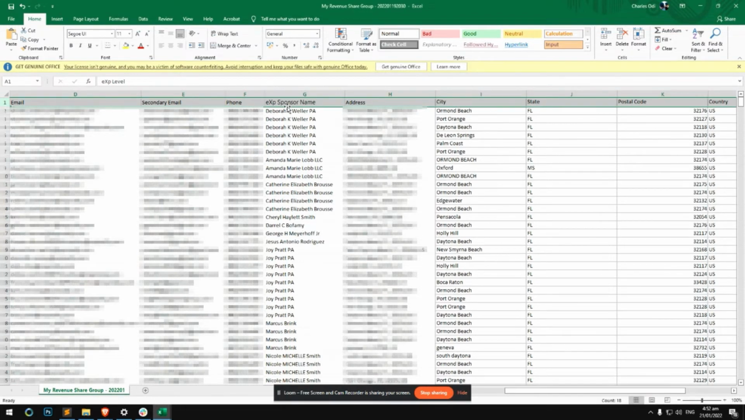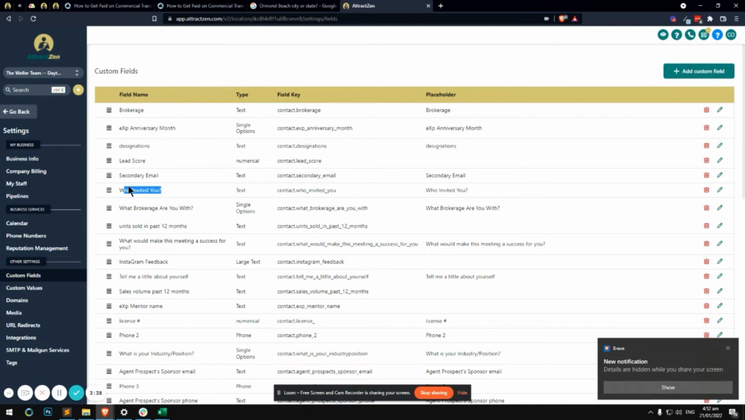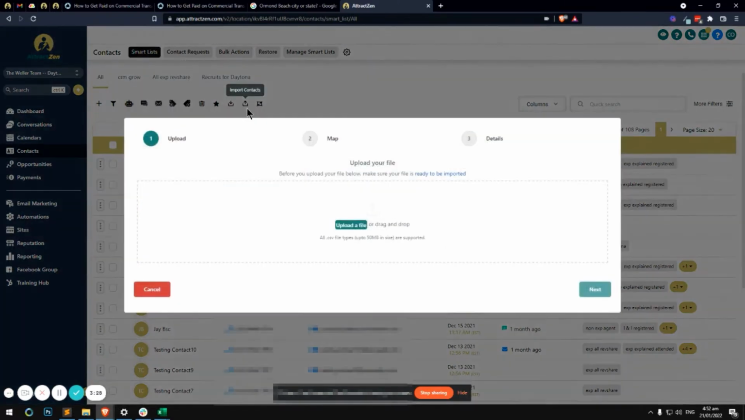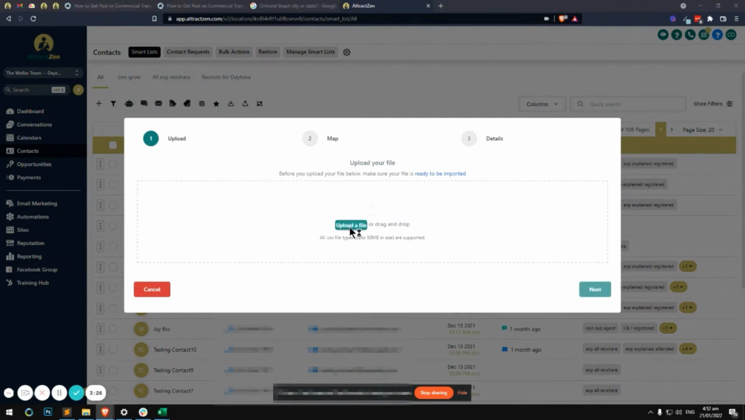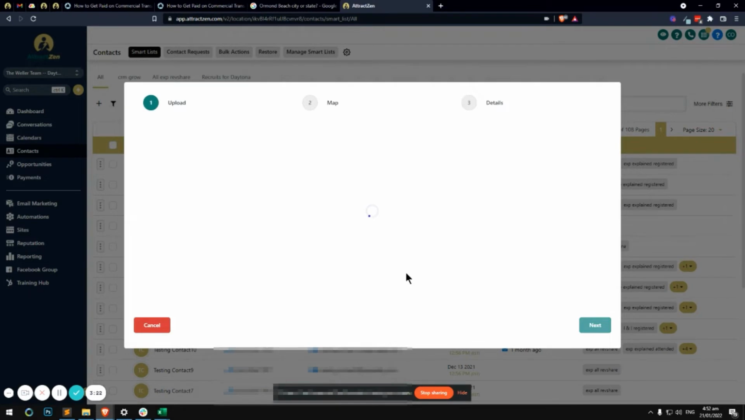The reason why I changed the column names to exactly what is in your Attractzen is to make your import easier. So here I will show you how you import and upload your file. Next,